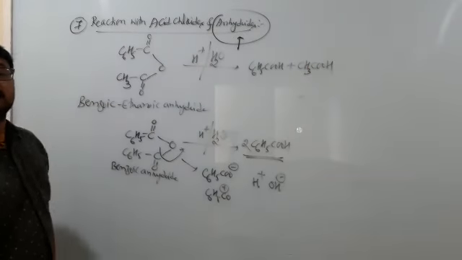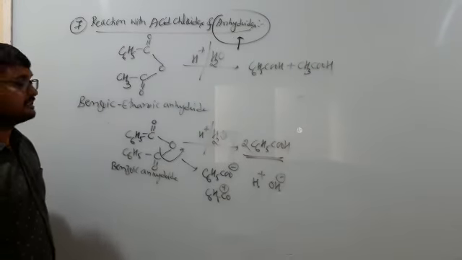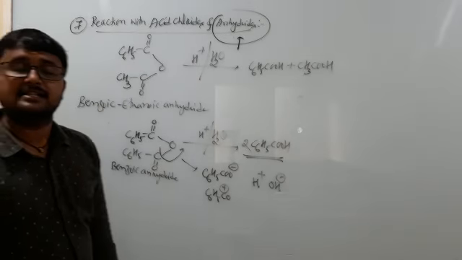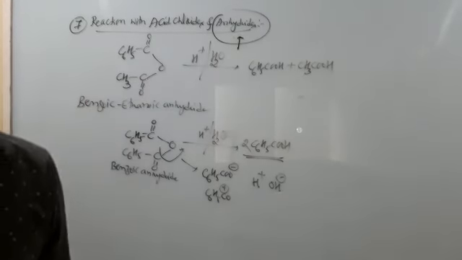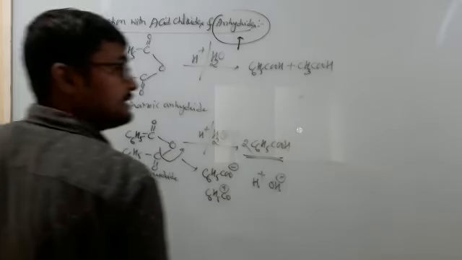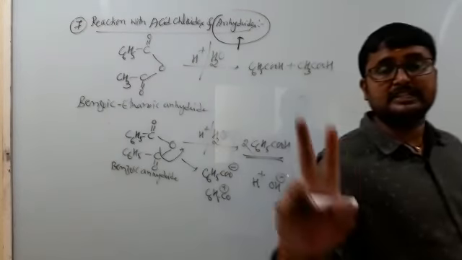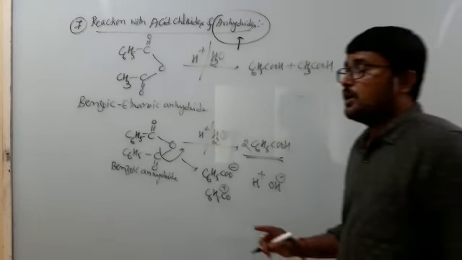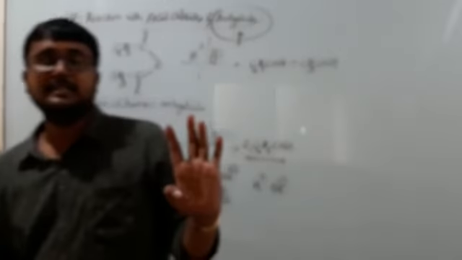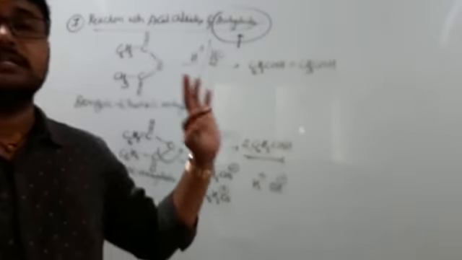So all these are the different methods by which carboxylic acids can be prepared. After knowing all this, let us discuss the physical properties, where there are 2 important physical properties. One is how a carboxylic acid can form a dimer, and the other is the solubility of carboxylic acids.